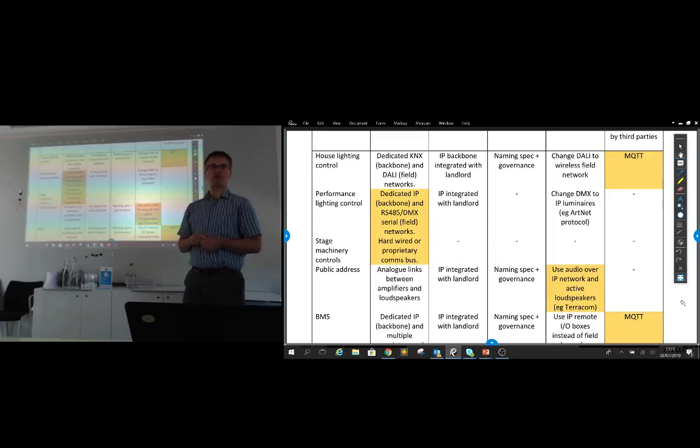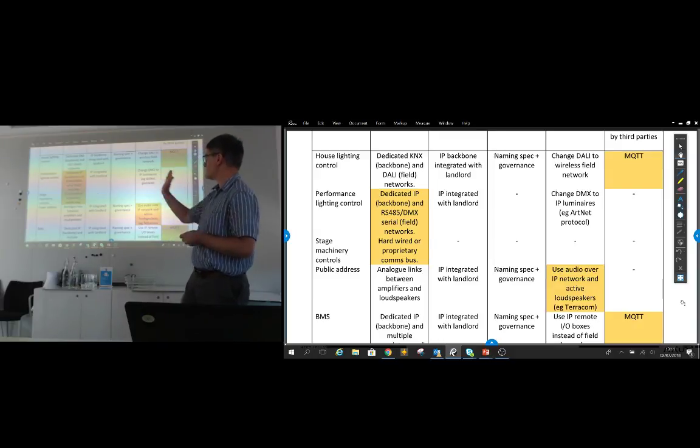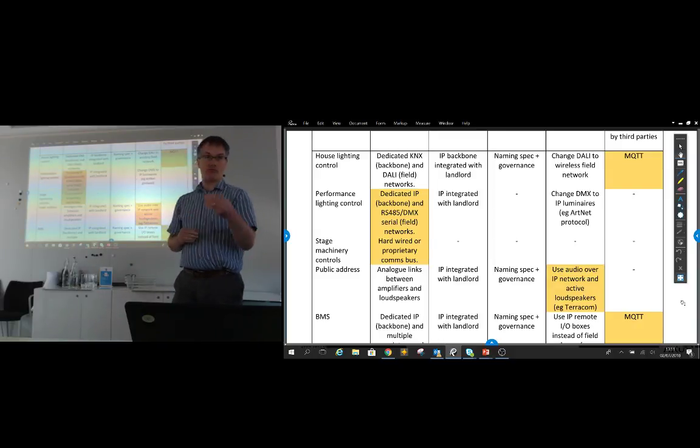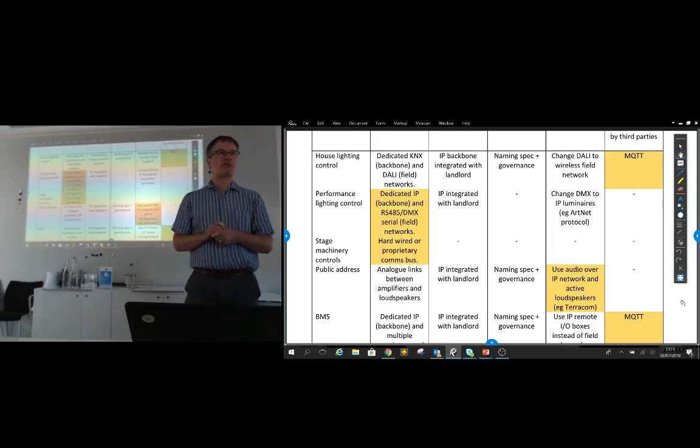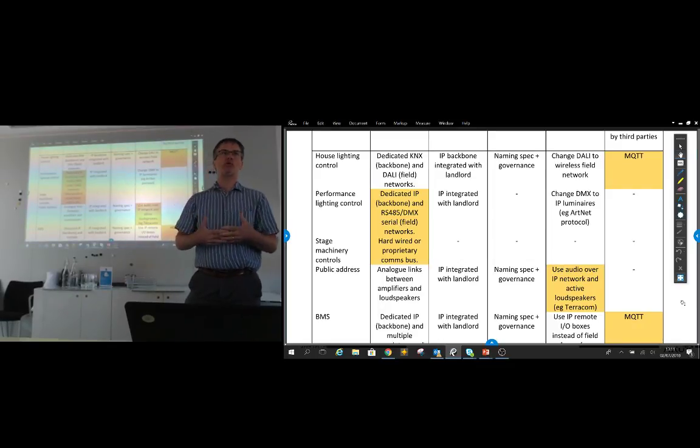But the performance lighting control, same conversation with the theatre consultant. No, it's going to be a separate network. It's going to be conventional. We'll use Ethernet, but it will be limited to our products and our system. And so we are business as usual. We'll have RS485 serial bus to eliminate as well, DMX. So that's one extreme and the other extreme within one project.